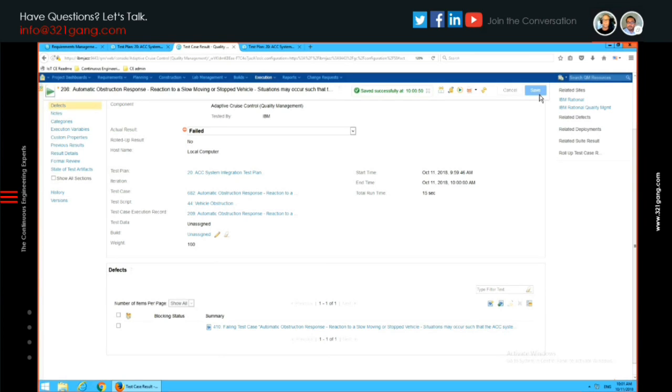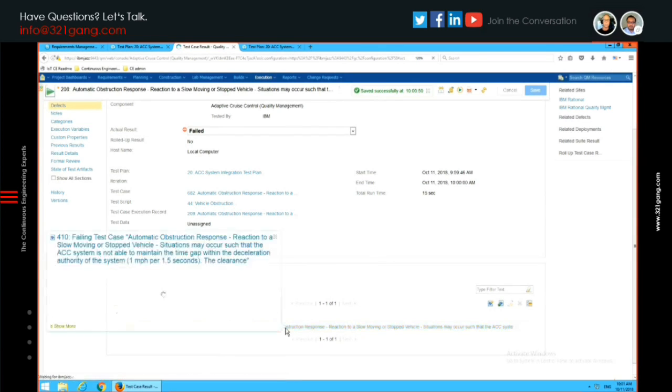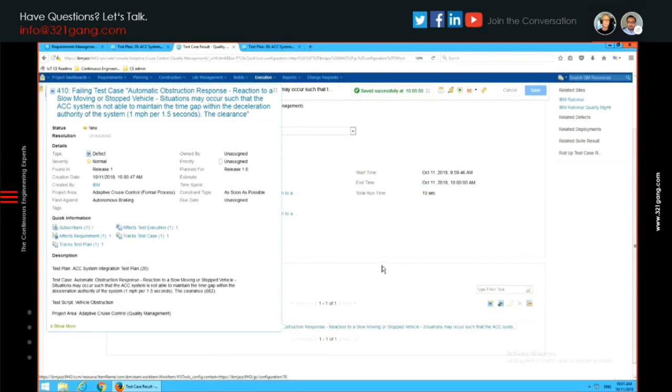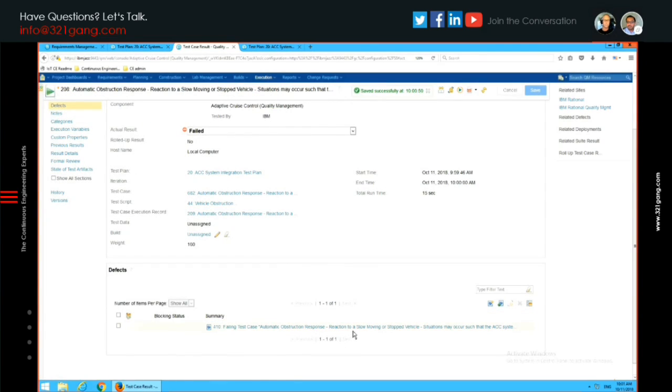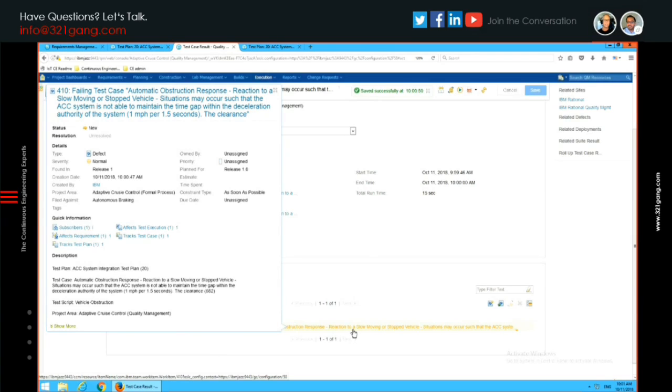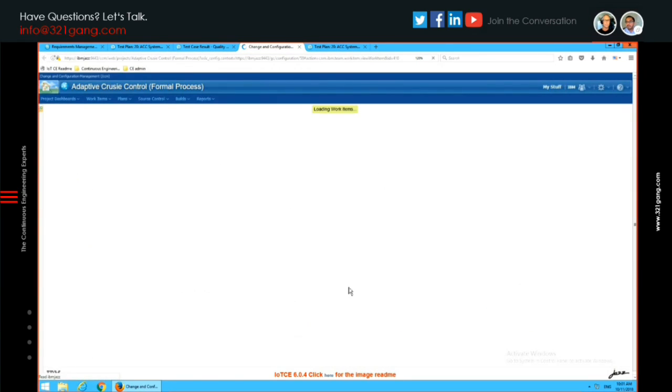You could demonstrate that on paper, but it would be far less productive, right? What we're talking about here is automating it, breaking down communication barriers, and improving productivity. Yeah, and I look at this. This is what I call the money ball when I talk to our clients. I just created this defect. Let me actually go look at this defect.